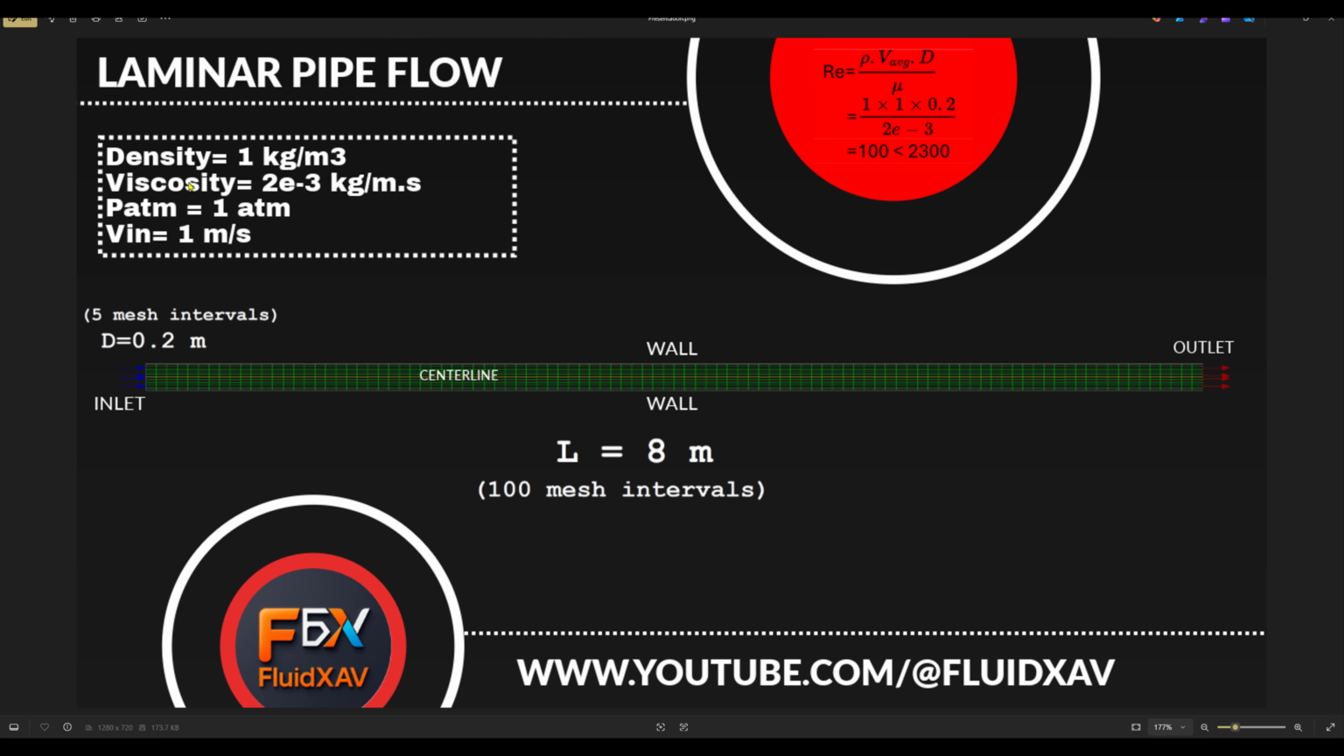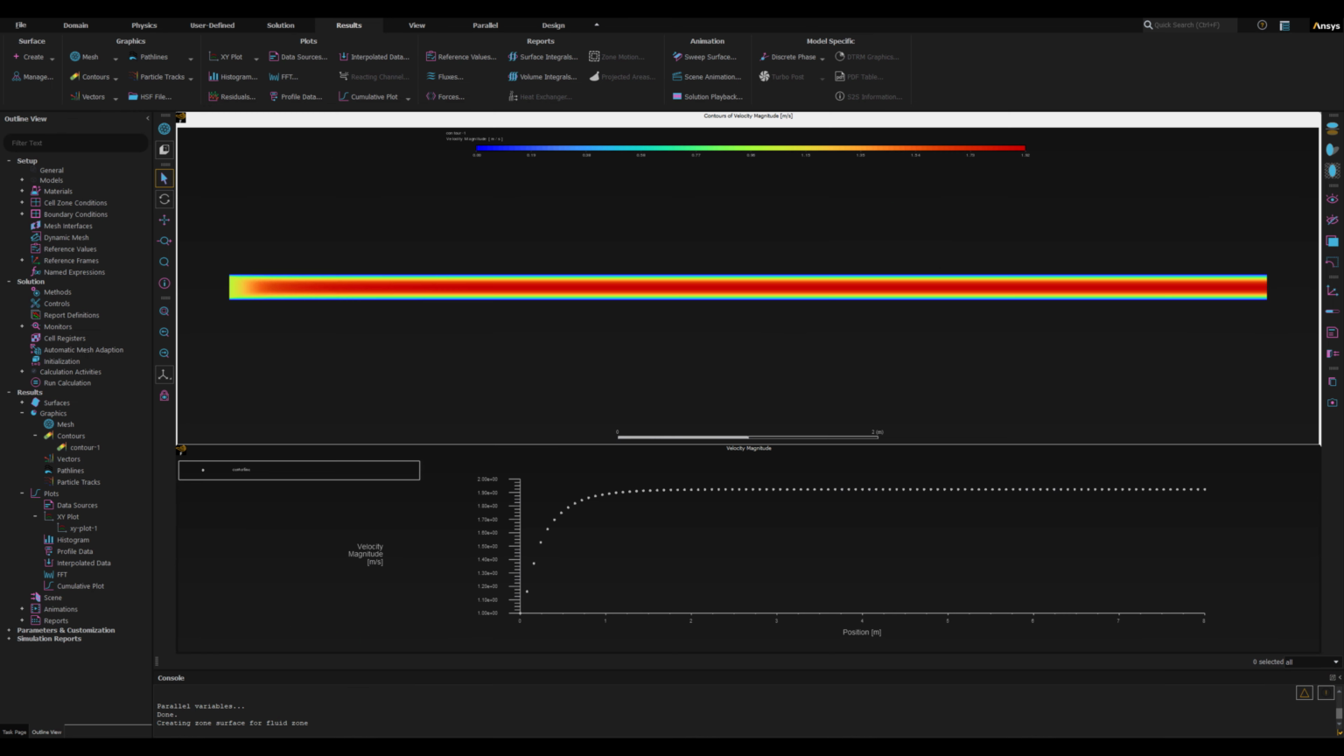As the flow enters the pipe, the velocity profile is initially flat. You can see it in this contour plot. Viscous effects from the wall gradually slow down the fluid near the surface while accelerating it in the center. You will see this in the velocity contour, where the color pattern changes from uniform to curved, and in the velocity